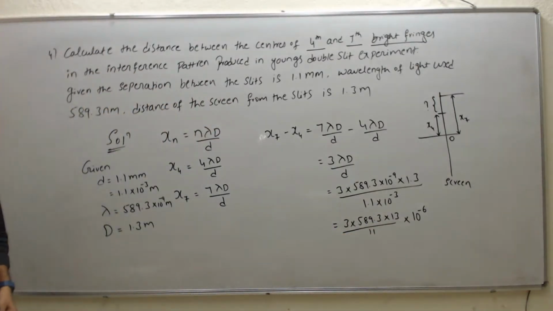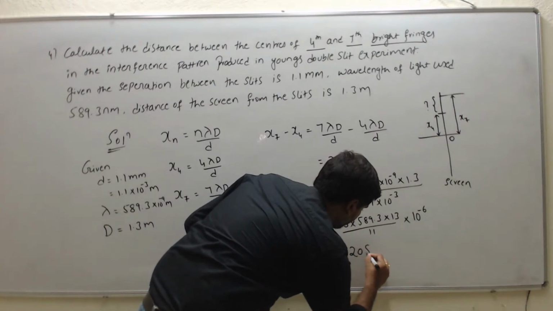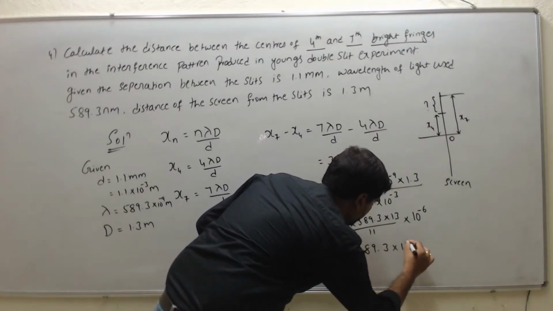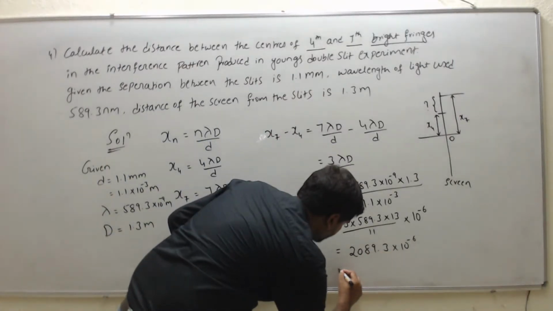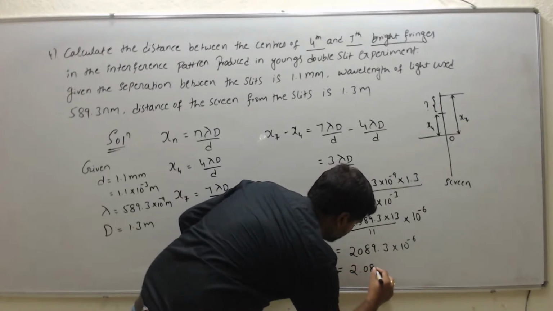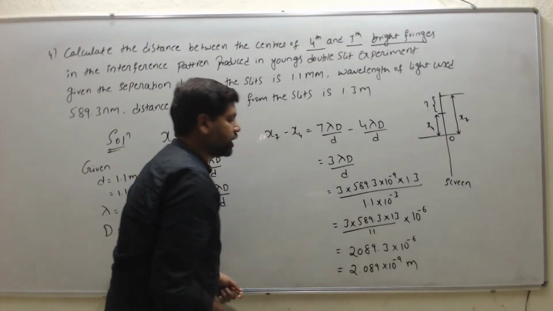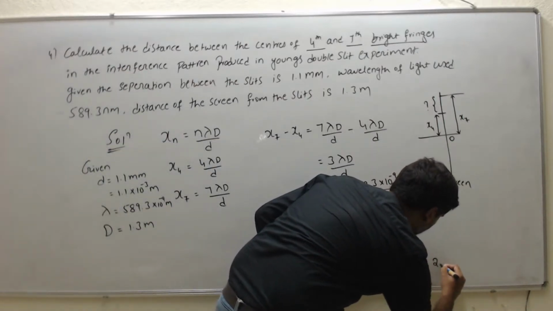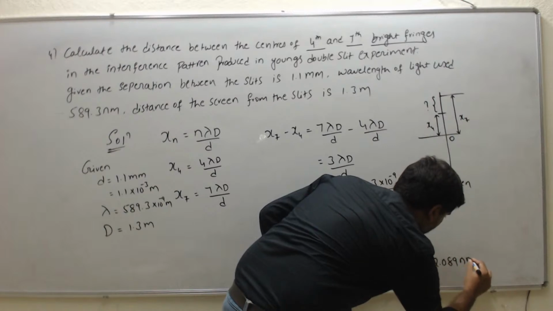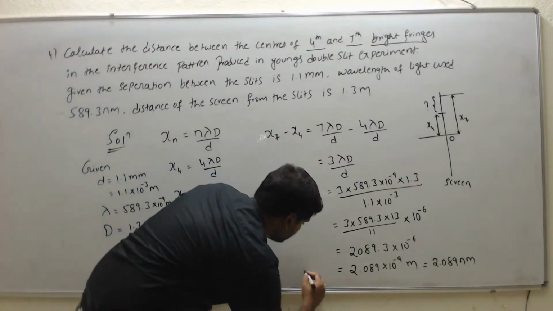so we get the value by simplifying, that is 2089.3 into 10 to the power of minus 6. So if we shift 3 digits, then it becomes 2.089 into 10 to the power of minus 9 meter, or it becomes 2.089 nanometer. Otherwise we can write 2.089 nanometer. So this is the solution, that is x7 minus